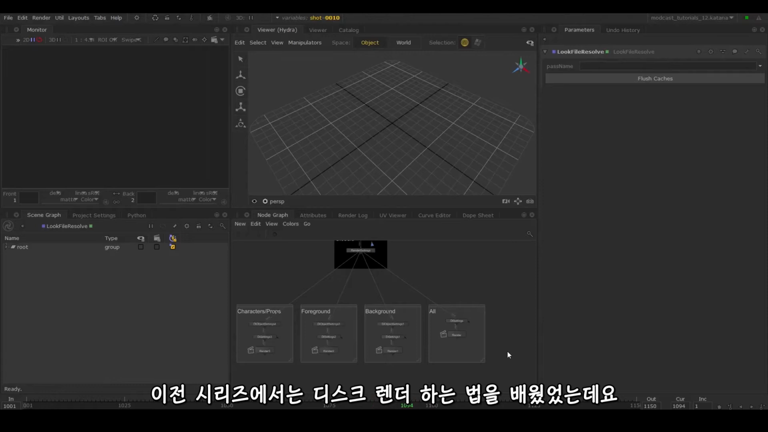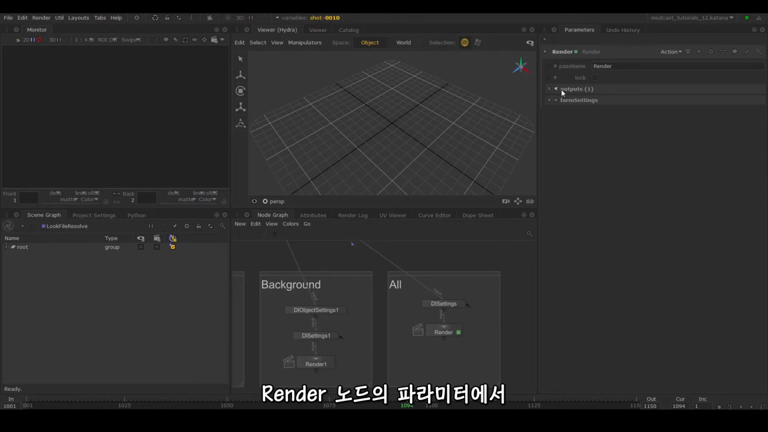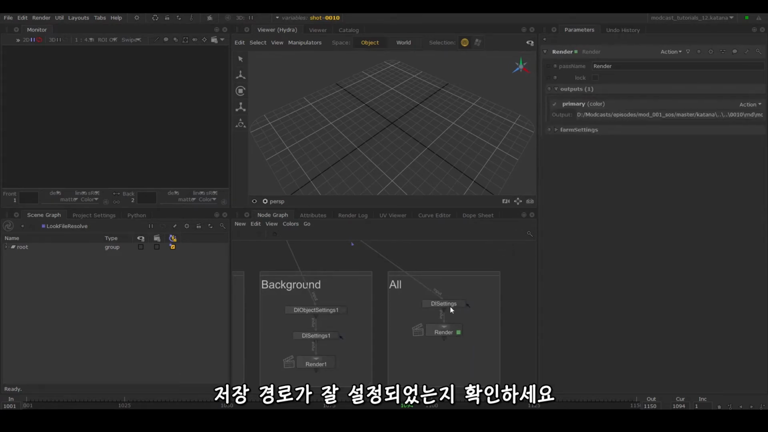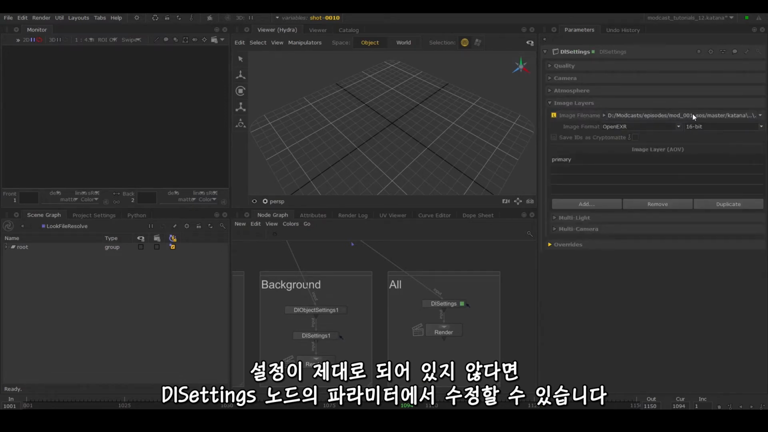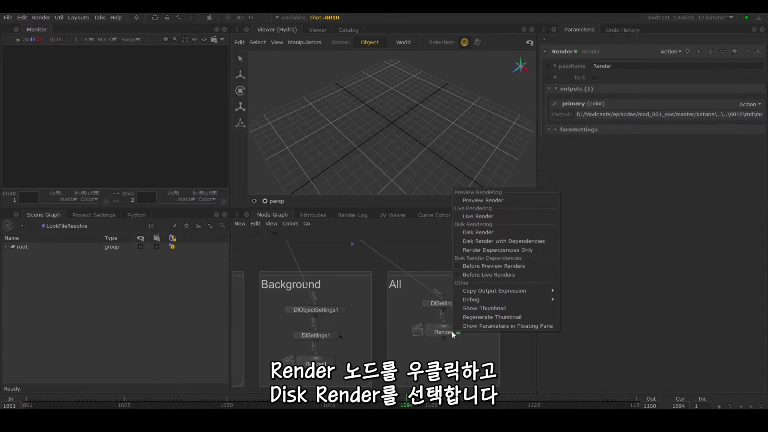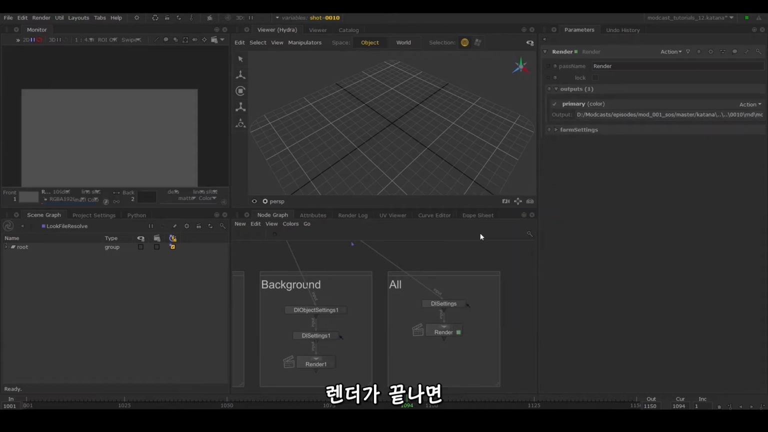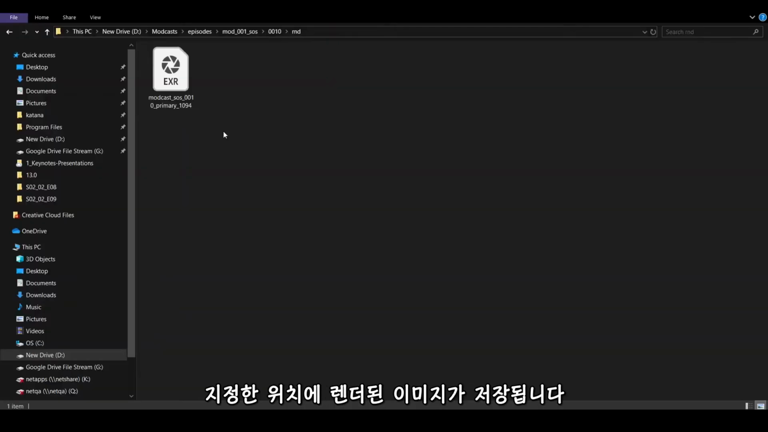In the last series, we went over how to perform a disk render. To recap, in the render node parameters, make sure your path is set correctly. If it's not, you can edit this in the DR settings parameters. Right-click on the render node and select Disk Render. And once your render has finished, it'll display on the monitor, as well as write out the rendered image on